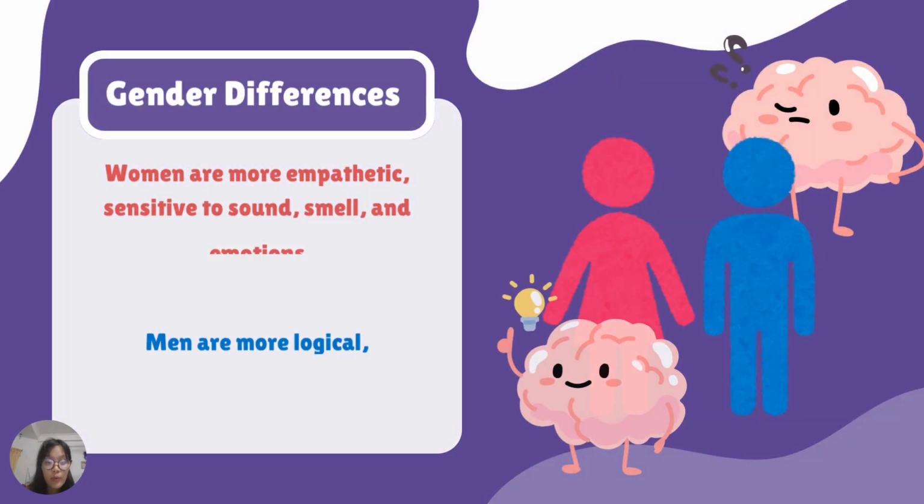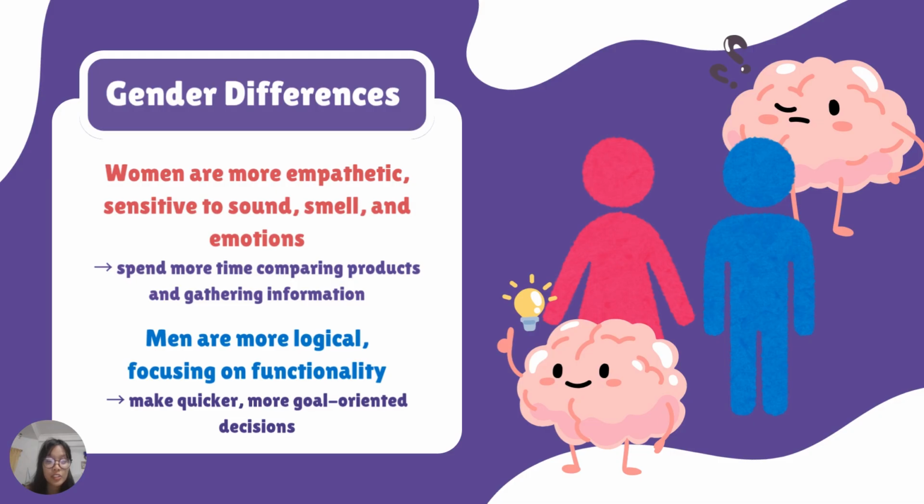It is also important to consider gender differences in sensory processing. Research shows that men and women process sensory information very differently. Women tend to be more empathetic, emotionally sensitive, and visual. They are more engaged with sensory cues like sound and smell, and they tend to react more emotionally to music or pain. So when you go shopping, you can often see them comparing between products or making choices based on